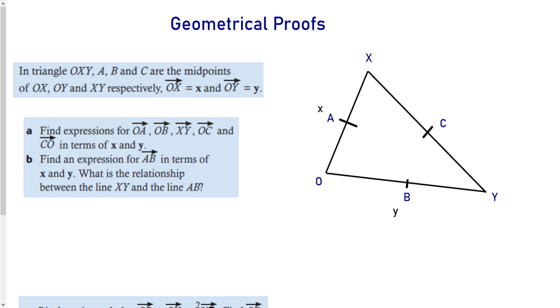Okay, ladies and gentlemen, let's look at some geometrical proofs, and what we're going to do is just apply some of the concepts that we've already looked at. Now, just to go over what we already know, let's have a look here. This is vector notation here. We can tell it's vector notation because of this little arrow up the top, and this also is vector notation over here. So this is saying the vector from O to X,